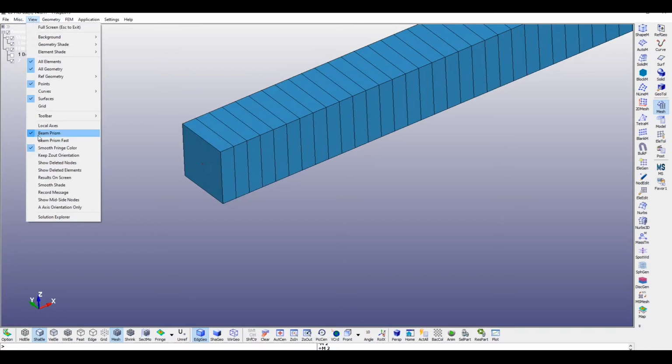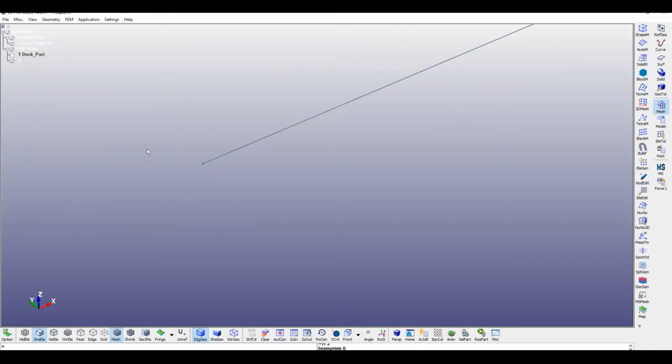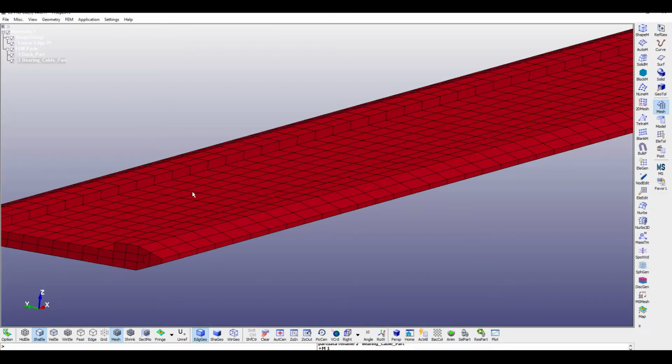So we will go to V, and beam prism we deselect so that it will be convenient for us for seeing the cable. Then I will rename this one as part. Now we will apply the deck part, and